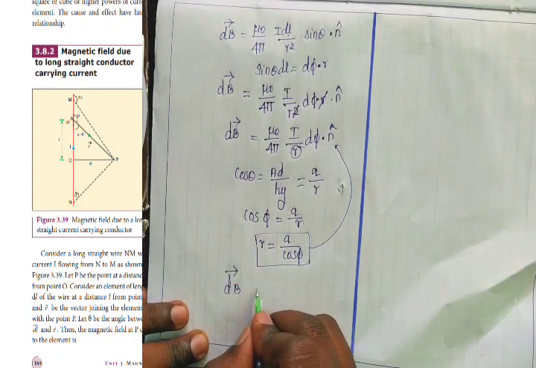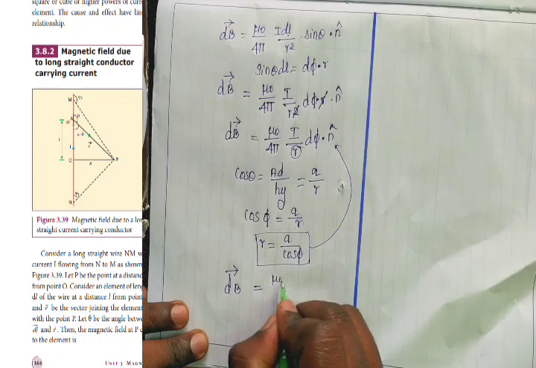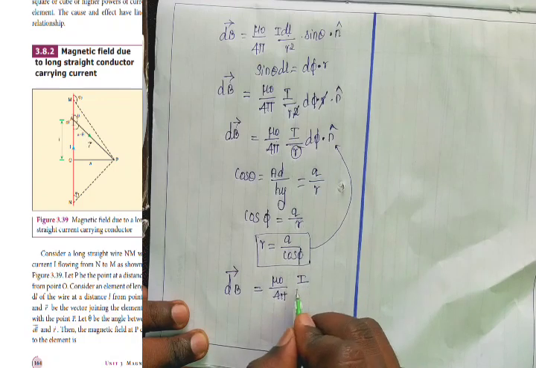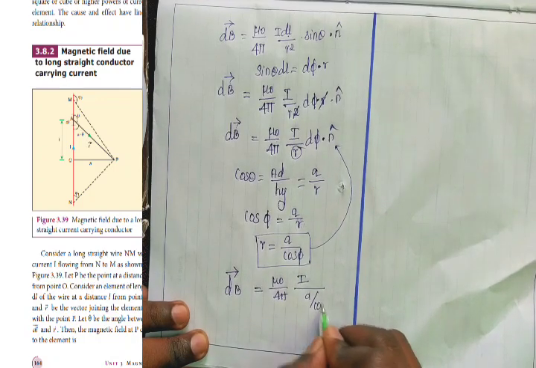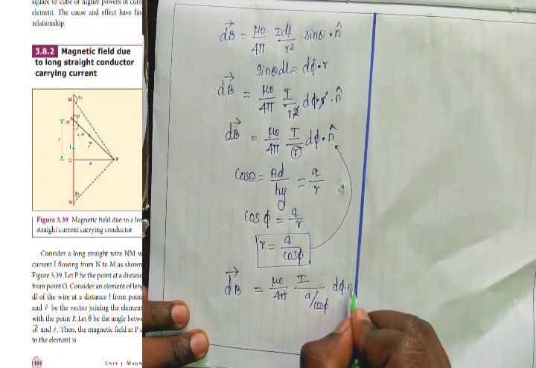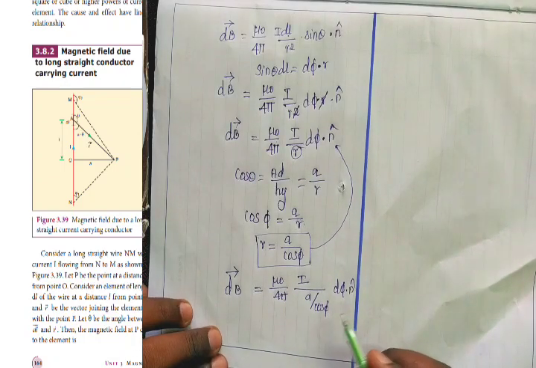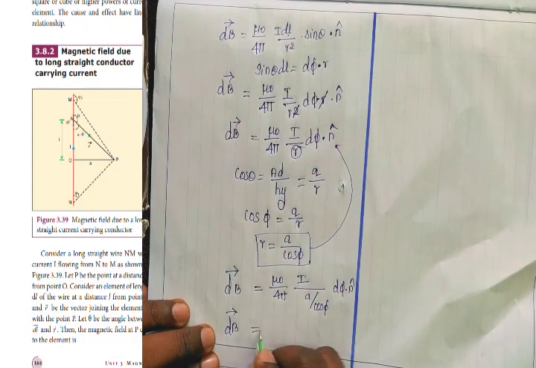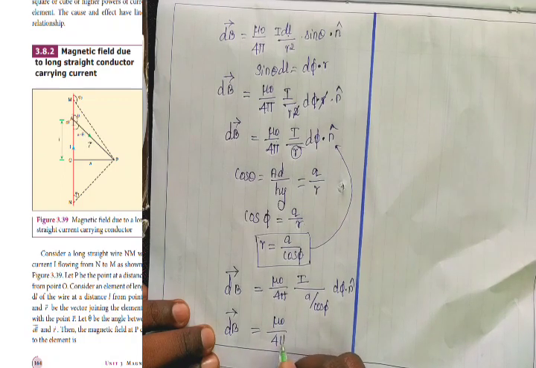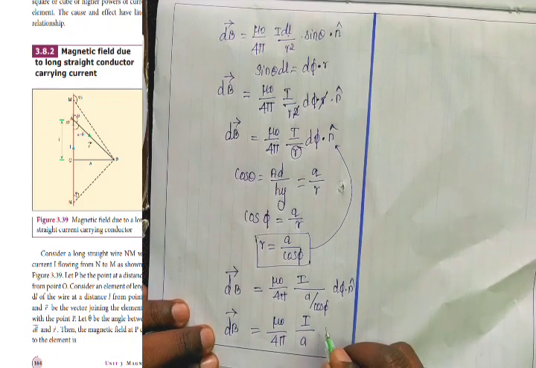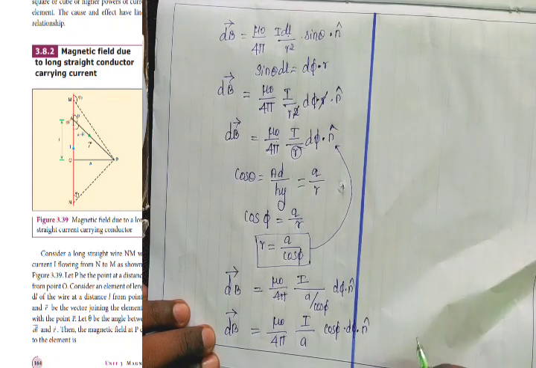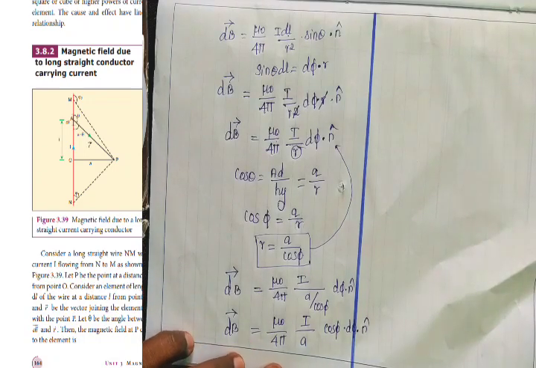dB vector is equal to μ0 divided by 4π, I divided by R, value A by cos φ dφ dot n cap. So denominator and numerator values: dB vector is equal to μ0 divided by 4π, I divided by a, next one is numerator value cos φ dφ dot n, n means a unit vector. So next, integrate both sides,